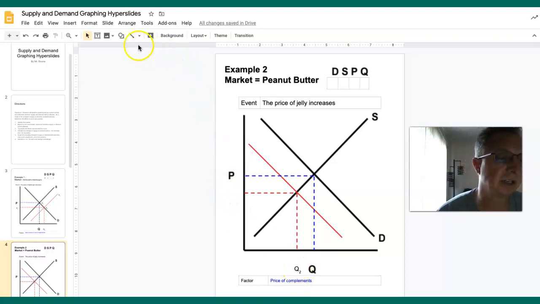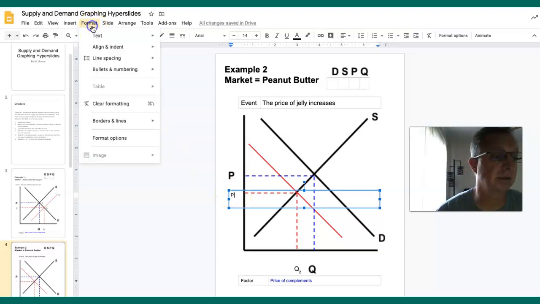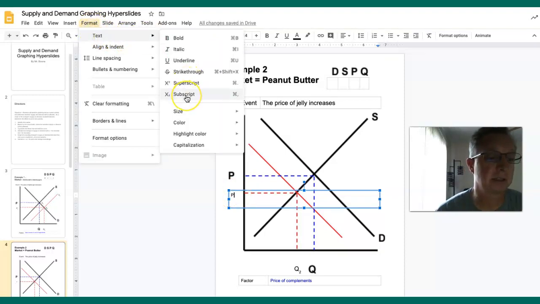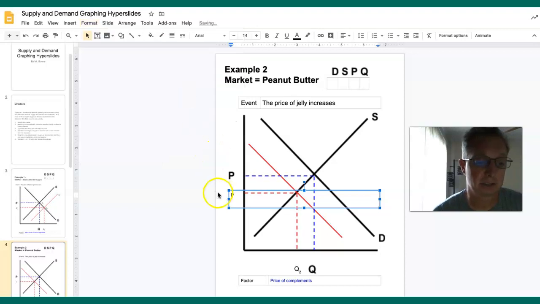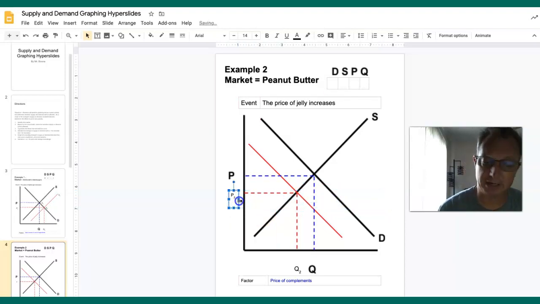So we move on to the next label. It is a little cumbersome, but once you get through this, you'll be really good at the draw tools. So P2 again, you're going to go format, text, subscript, and 2. Now the alternative to doing this on the draw tools would be if you have an iPad and you wanted to just